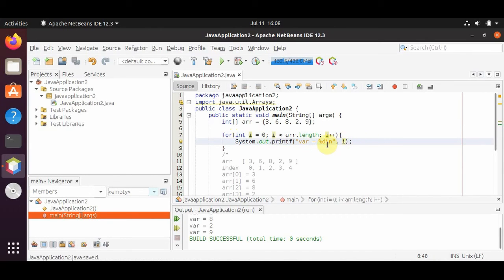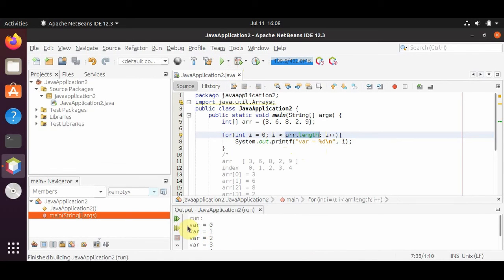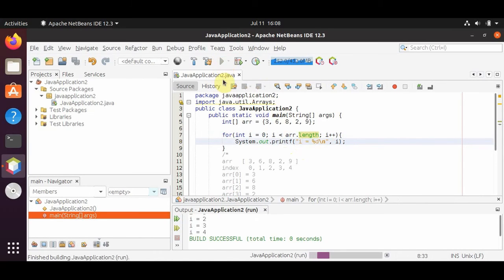When we print out i, we'll actually print out this i variable, which is looping from 0, and it's doing a plus plus every time through the loop until we reach 5, but we don't go in at 5, we stop at 5, so we will see 0 through 4. I should actually change this to i equals rather than var equals. So i equals 0, 1, 2, 3, 4 in a regular for loop,